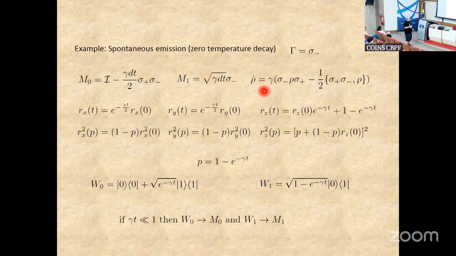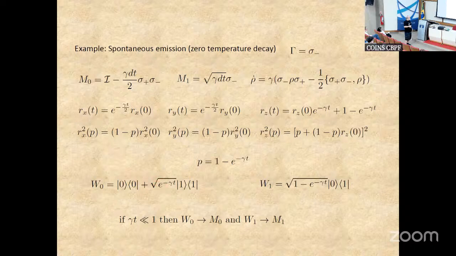The master equation, I'm writing it already in the interaction picture, so I got rid of my Hamiltonian part. It's given by this, in this format. And the no jump is given by this operator. And these are the solutions. This one is easy to solve in time, obviously. And these are the solutions for my Bloch sphere components. So with this, I can extract the map. I think you have seen this map before in this conference already. So this is the overall map.